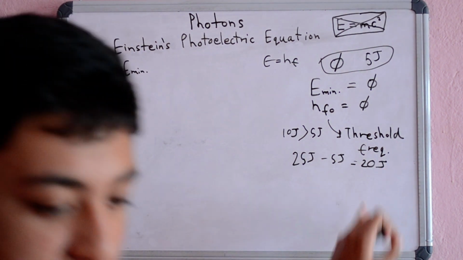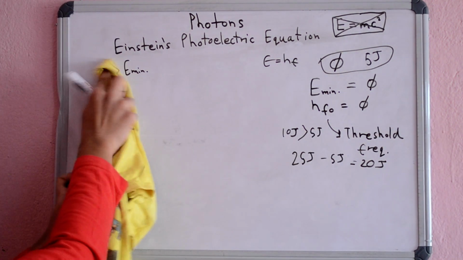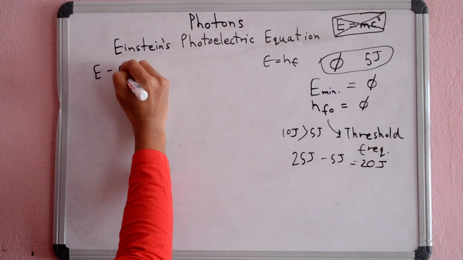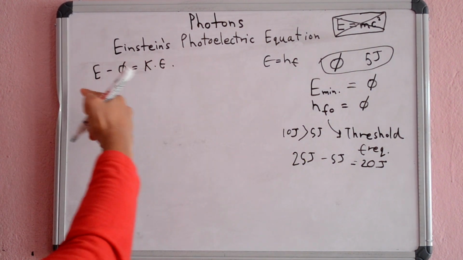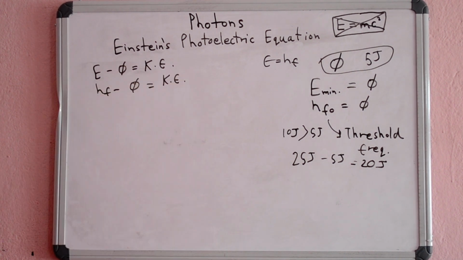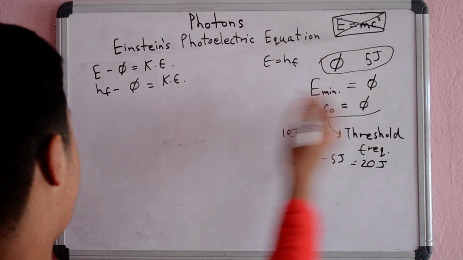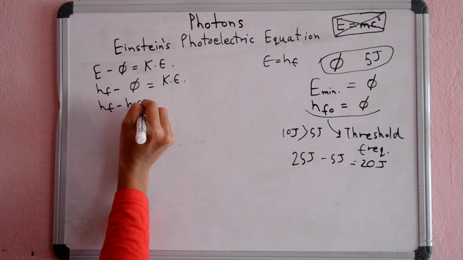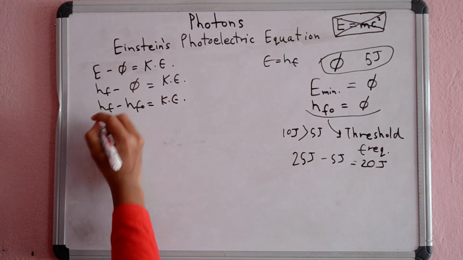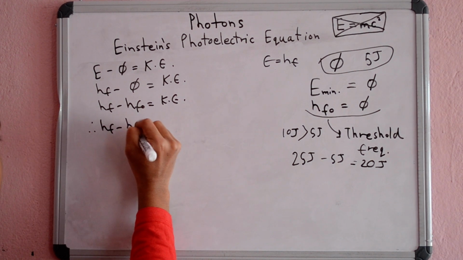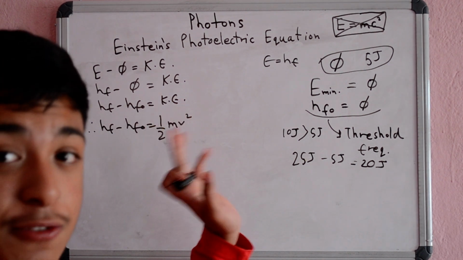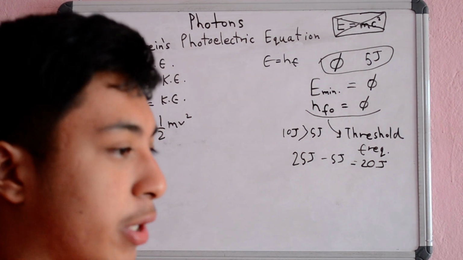So let's write this as a general equation, right? So here this is E minus the work function equals the rest converted to kinetic energy, which is hf minus phi equals kinetic energy. Now as we said earlier that phi is equal to hf naught, so hf minus hf naught is equal to kinetic energy. And we all know the equation for kinetic energy, so therefore hf minus hf naught is equal to 1 by 2 mv square. This is in fact Einstein's photoelectric equation,